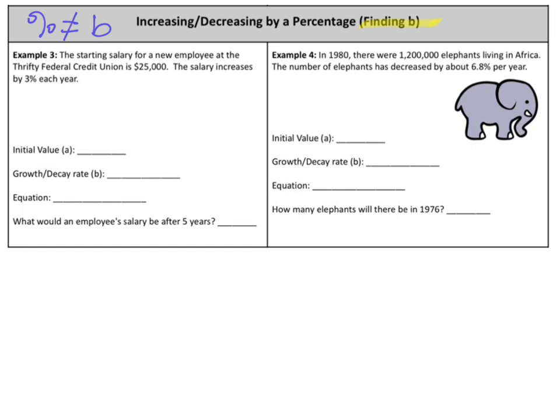The starting salary for a new employee at the Thrifty Federal Credit Union is $25,000. The salary increases by 3% each year. So, starting salary, $25,000. Let's use pink this time. So $25,000 is our initial value, that's the starting amount. But what's the growth or decay rate? Well, it gives us a percentage. This percentage is not the rate. But to find the rate,